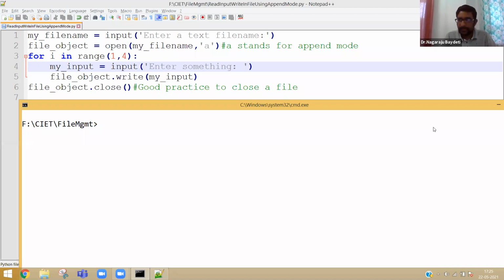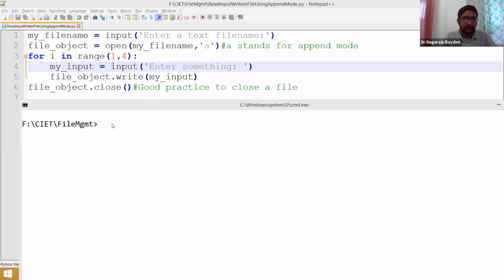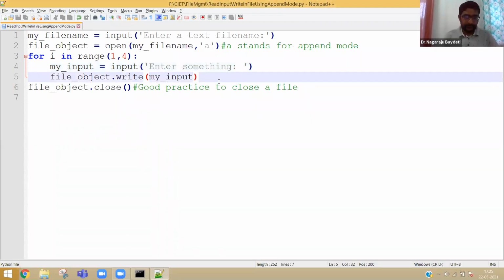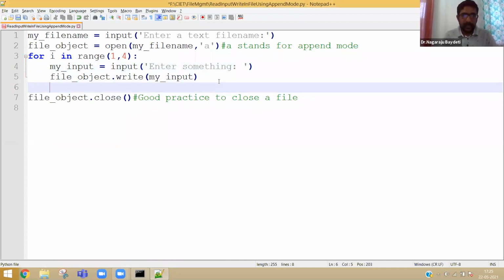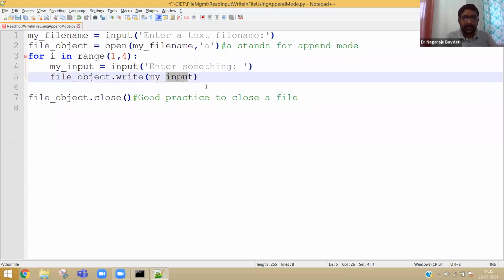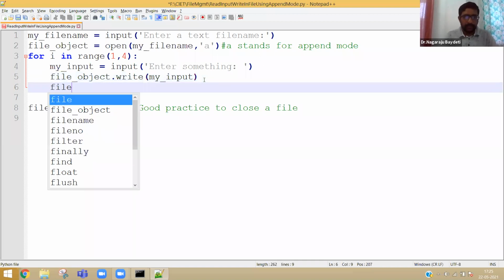Okay. Now, how to write a new line? Very simple. After writing the input, you need to write the new line. You need to write it; it will not write anything by its own. So you can also say dot write.